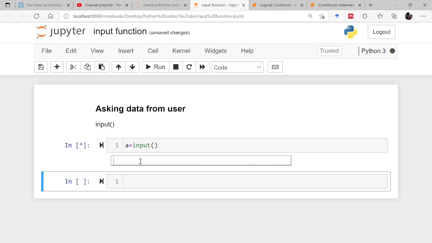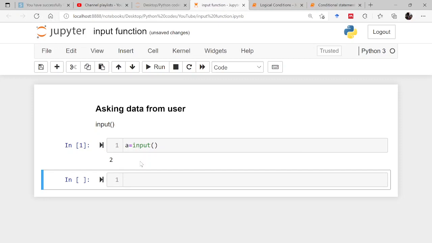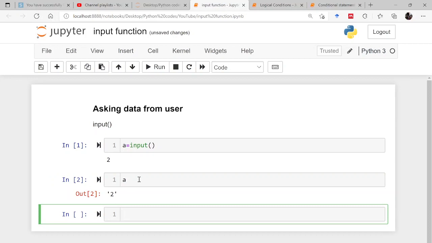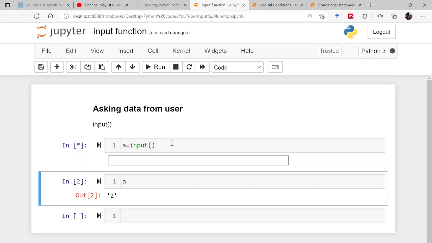That means you have to enter something in it. Let us say I have entered 2 and then enter. So now a has some value in it, that is 2. But the important thing to understand here is that the moment you run this cell, it is not telling you what you have to enter.